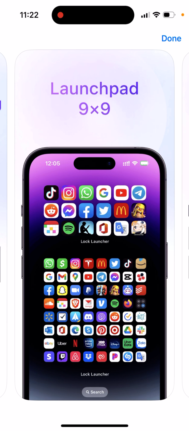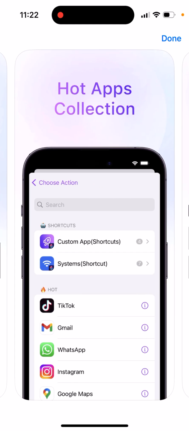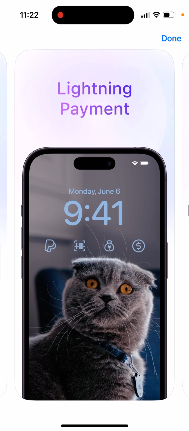So, if you're really bored with having like 10 home screens with big app icons, you can create these launch pads where literally you have a lot of these apps in here and then you can launch them super fast. So it's not like a folder where you need to open the folder and tap, you just tap right away and you open the app. Then there are all these different customization modes,